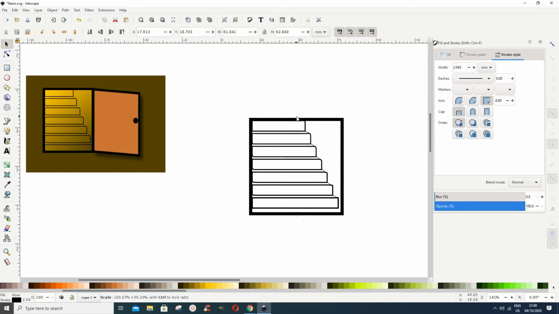and then I want to reduce this to touch this, and then we reduce this as well to touch that, and we reduce this to touch something like this. Move this here a bit so it looks more or less like we have some stairs there. Okay, now the next thing